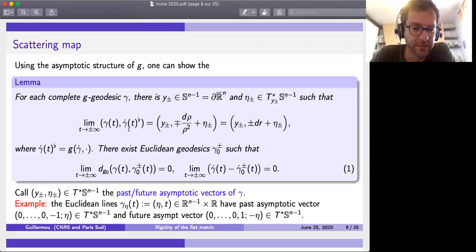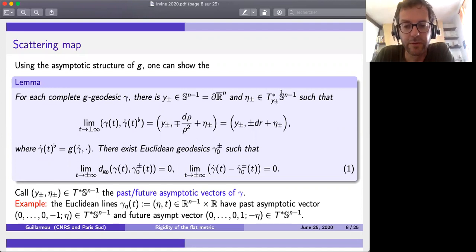So if you look at it, you can see that in the compactification, it's going to converge to a point y plus or y minus, depending on if I go to the future or the past, on the sphere at infinity. And the tangent vector contracted with the metric, gamma dot flat, is basically d rho over rho squared, which is just minus dr. So it's just dr, the radial vector field, the radial direction, plus this element eta plus or minus,